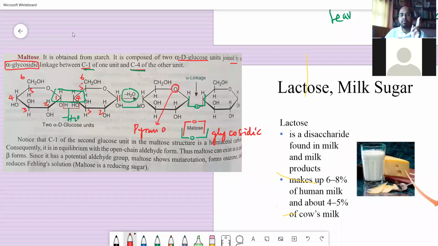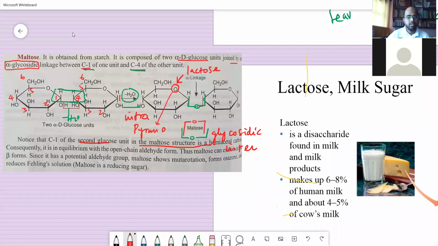The glycosidic O is intermolecular: going from one molecule to another is inter. Going within that molecule is intra. The pyranose or furanose is the glycone. And this is responsible for the oxy link. Okay. Note that the C1 of the second glucose unit in the maltose structure is a hemiacetal carbon,